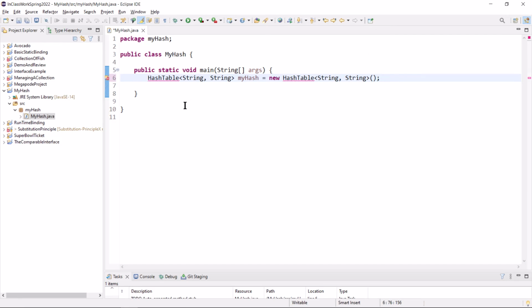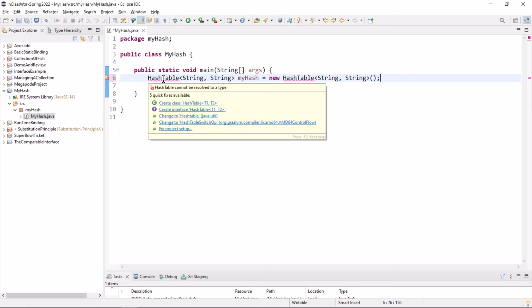Now Eclipse has probably seen millions of people do this already. Eclipse offers a couple of fixes. I was hoping to see that it was going to provide me an import statement to solve the problem. Bring in hash table library or whatever. It won't do that. It will offer, though, to change it to Hashtable with a lowercase t. It knows that that's probably what I want. Eclipse is so friendly. I'll take that fix. That's what I should have typed in anyway.